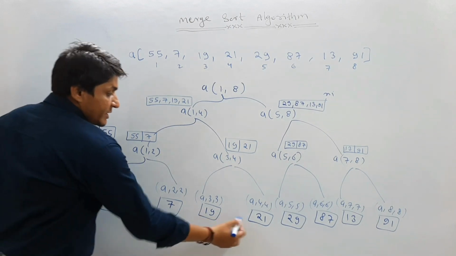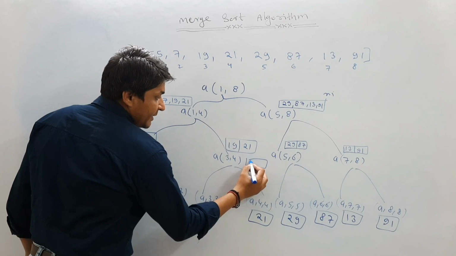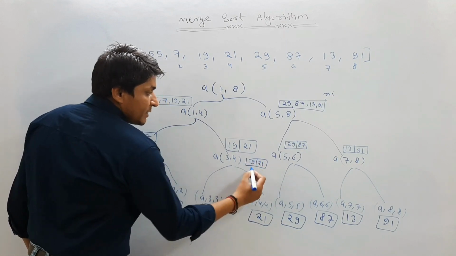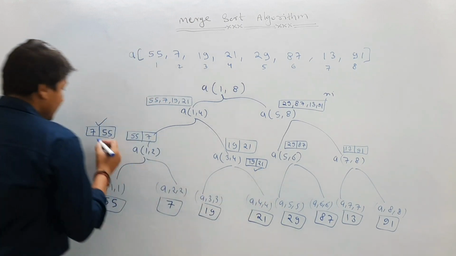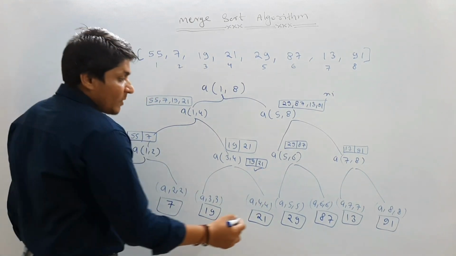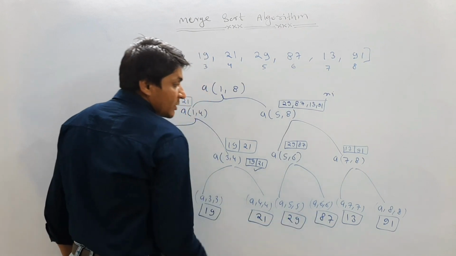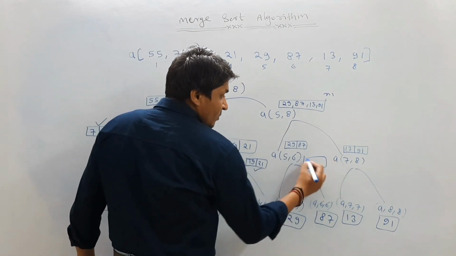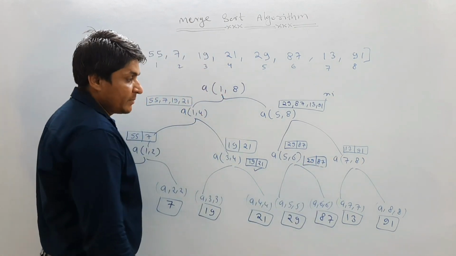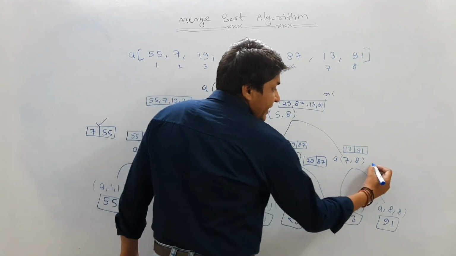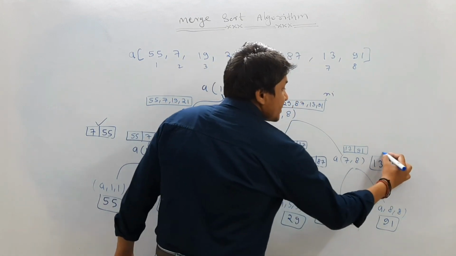Now if you apply merge procedure here, you will get 19 and 21, correct. So after merging these two elements, you will get this, and after merging this, you will get this. Now if you apply merge procedure on this one sorted subarray and this second sorted subarray, you will get 29 and 87 after merge procedure. Now here if you apply, you will get 13 and 91 after merge procedure. Now see,